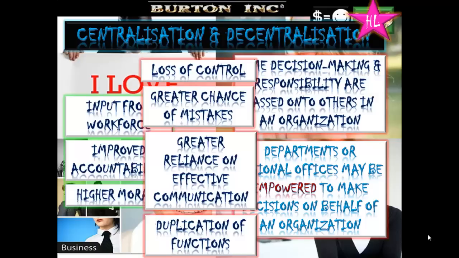And sometimes there'll be a duplication of functions. So for example, if the Indian division is separate from the US division, the Indian division may well have their own marketing and accounts people, and those marketing and accounts people can be doing much of the same function as the US division of the business. So there can be duplication of functions. And anywhere duplications of functions exist, there is possible room for cost cutting.